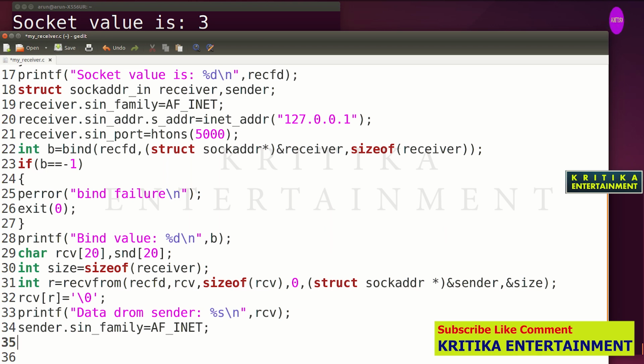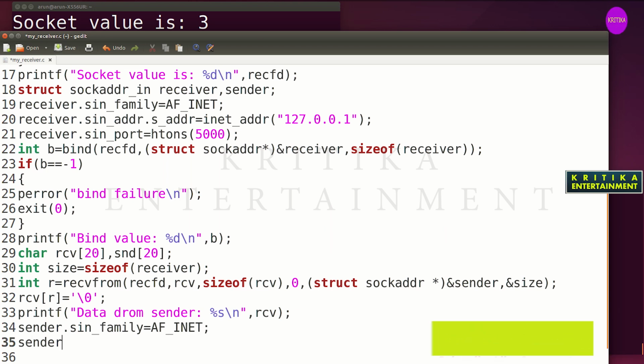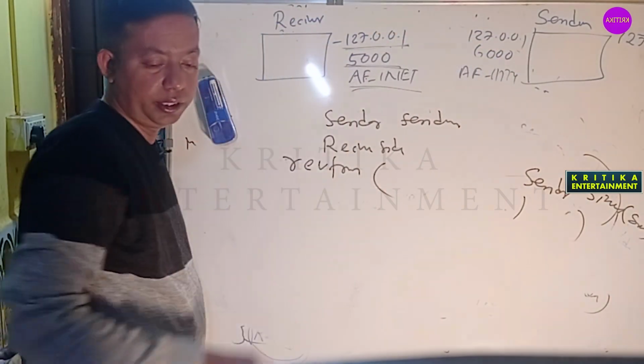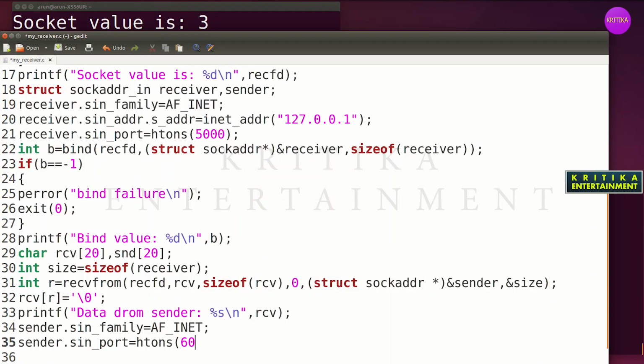Okay, then we will write sender.sin_port is equal to, what will we write here? Port is equal to htons. What is the port I have given for the sender? 6000. We will write 6000. Okay, then sender.sin_